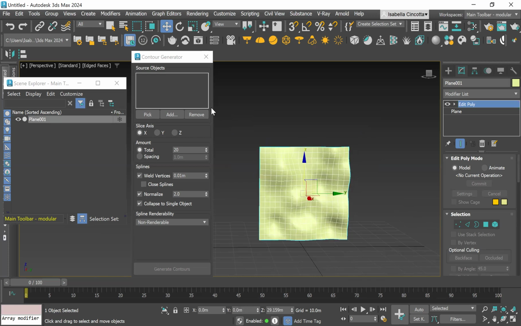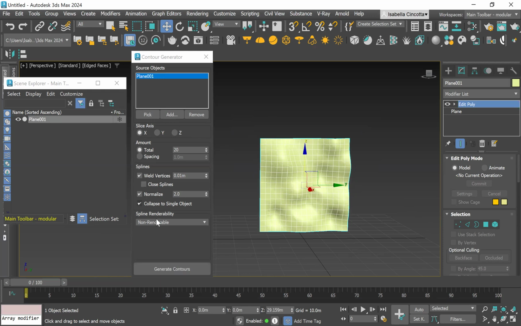Reselect your plane, and under the contour generator, click Pick, and you select your plane. Once your plane has been selected, go down to the spline rendability in the contour generator, tick Rendable Rectangular. Once you've done this, there are slice axes, options X, Y, and Z. I'm going to begin on the Y. And we can change the amount of contours the generator will generate. Change this to